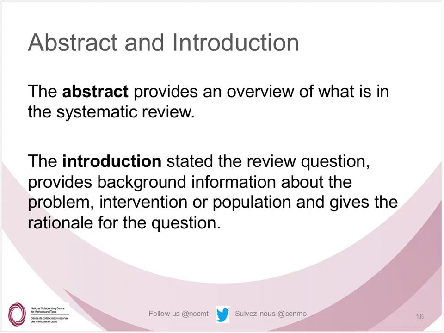So as I'm sure many of you would be aware, what would we find in an abstract and introduction? So of course, an abstract is usually somewhere between 250 to 300 words, gives us that very high-level summary. What is this review about? What was the question being answered? How did they find the studies? How did they aggregate them? Then we move on to what were the results, the specific findings, and then an overall conclusion.